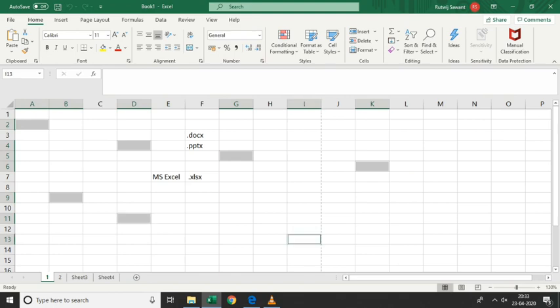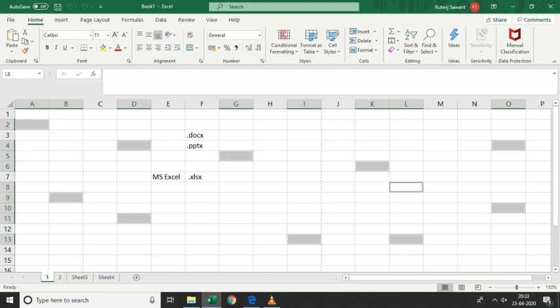When you want to select adjacent cells, hold the Shift key and use the arrow key. When you want to select non-adjacent cells, hold the Control key and keep on clicking. Here you have to use the mouse, because with the help of the arrow key you will not be able to select non-adjacent cells, as one cell is over there and one is somewhere else. So for this, hold the Control key and with the help of the mouse select different cells.